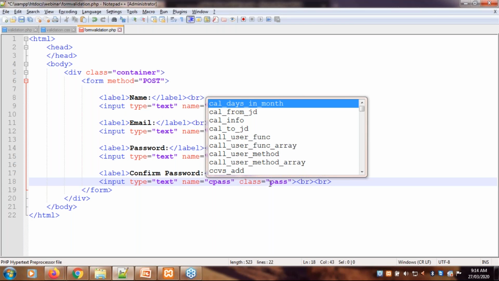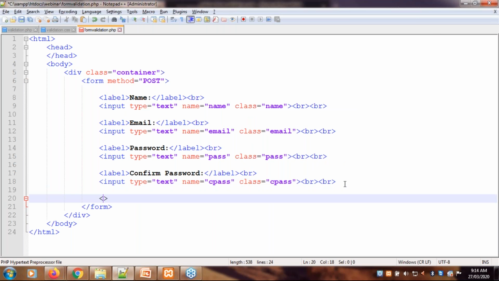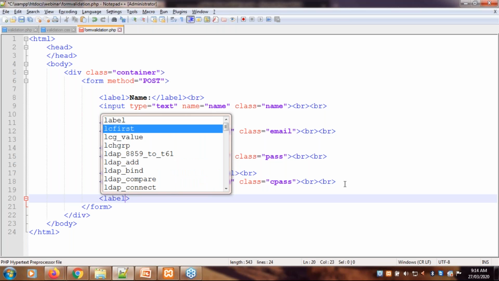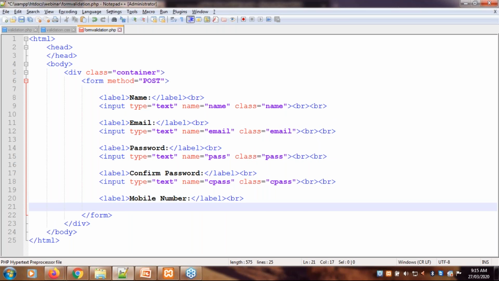Now we will change the name equals to CPass and class to CPass. Next I am going to use a label mobile number. Input type equals to text. I will change the name to M number and class equals to M.